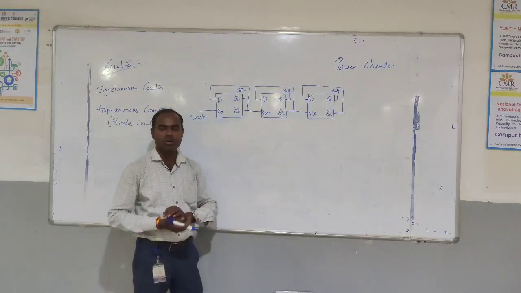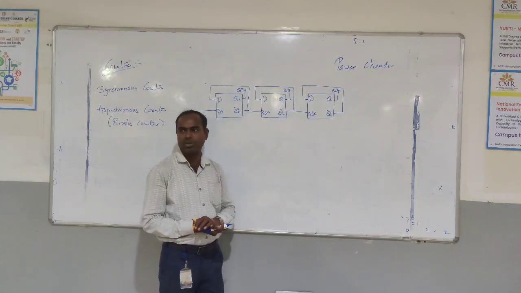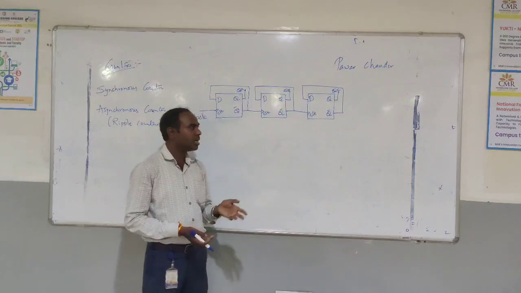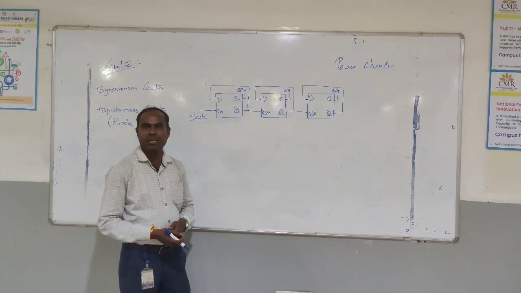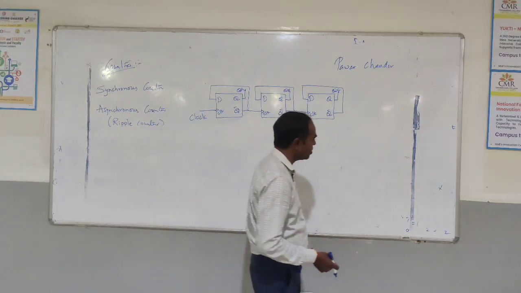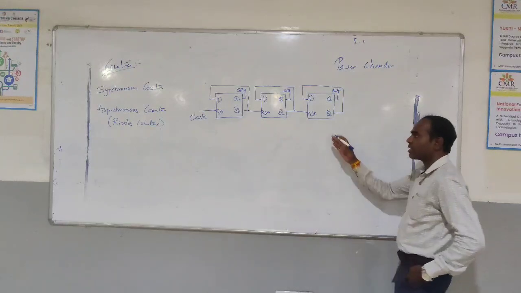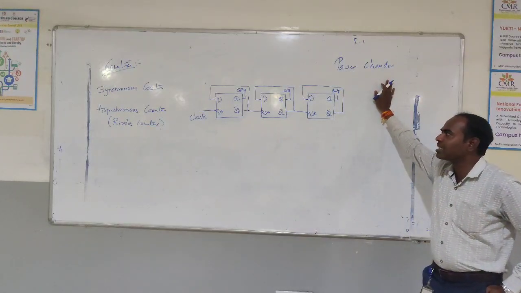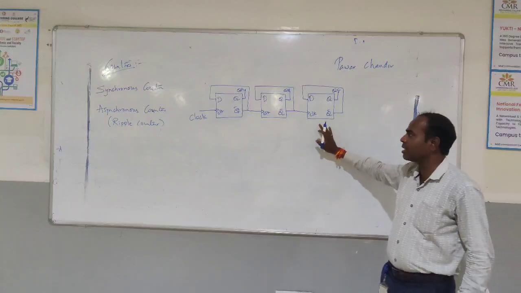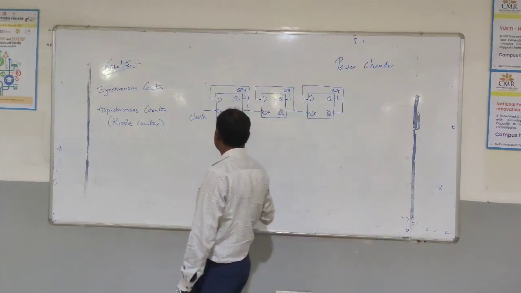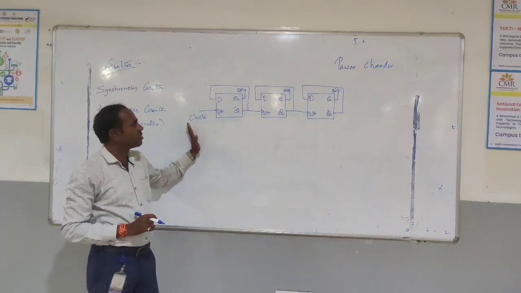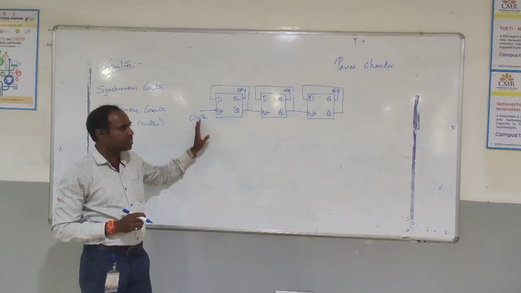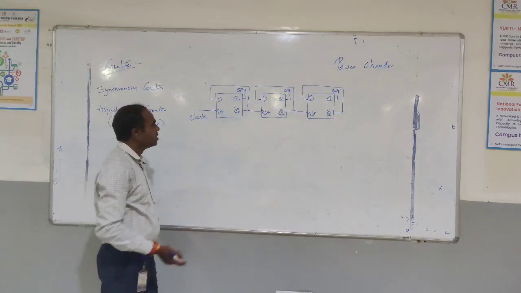This counter will be used in computers to count, control, or interface devices. So we are using the counters. Here I have taken the asynchronous counter, and this is a 3-bit counter, right? Asynchronous counter is designed using the D flip flop.